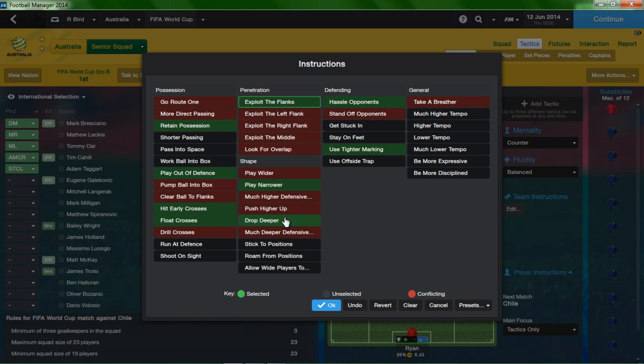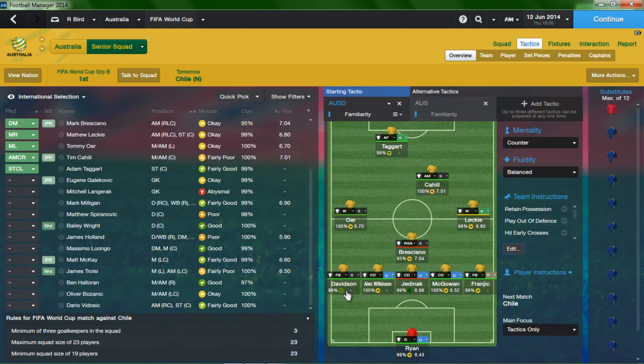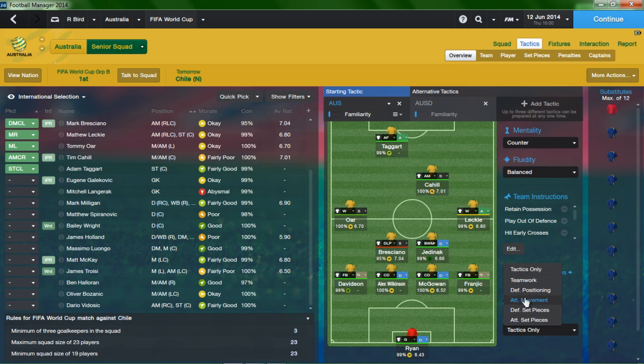I just want to drop deeper because sometimes I think with drop deeper it actually is pretty good. It defends more, but it leaves the other team able to do a lot, which could be a bit of a concern actually. We'll go over that, but so yeah, that's the tactic. I think against the opening game against Chile, I'm going to use this one, and let's go on defending positioning.